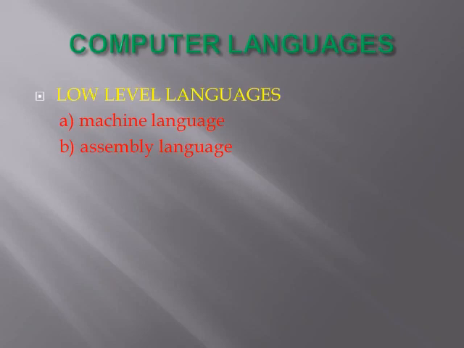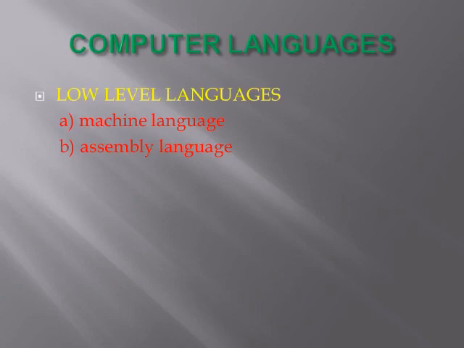Okay, machine language is the language that the computer understands and executes directly without translation. In machine language, each instruction is written in the form of long strings of zeros and ones. A program written in machine language runs very fast because no translation is required. Okay, understand, machine language is about the zeros and ones. So no translators are needed for machine language because it is already zeros and ones. Okay, the disadvantage is, with zeros and ones we couldn't write the program easily, we will make mistakes. That is the main reason.